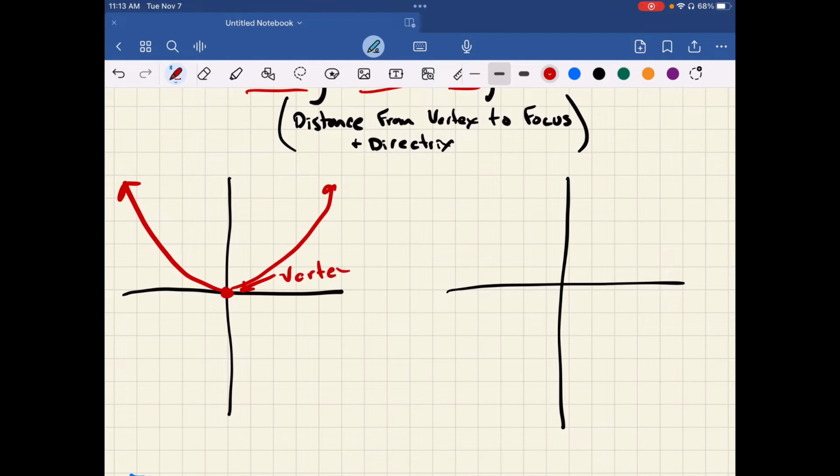is the vertex, okay? Then we're going to have a spot inside of my parabola. This is going to be called the focus. Then I have a line that goes below the parabola. This is going to be called the directrix. Okay, and what we're going to do is talk about what these things are and how they